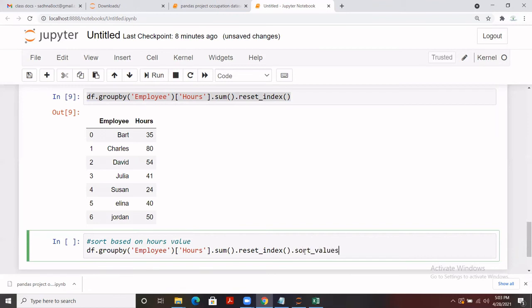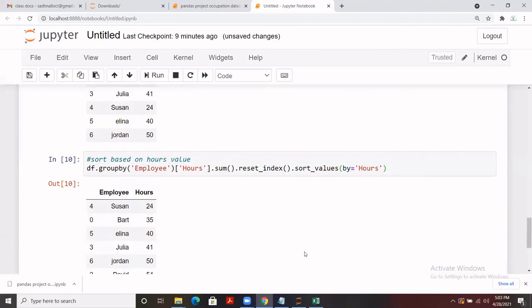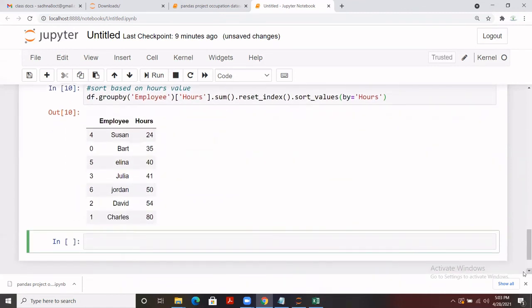I hope you remember that function. And how we want to do the sorting, we have to mention in the by keyword. Yes, that is ours. So let me run it. You see that data is sorted now as per the hours value. So that is in increasing order. And if you want to do it for decreasing, you can use ascending equals false for that purpose.